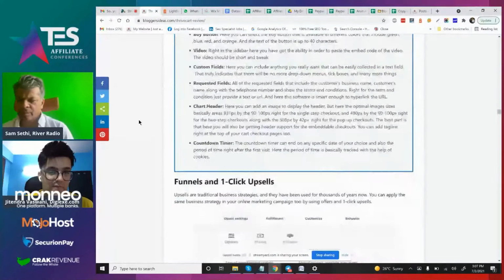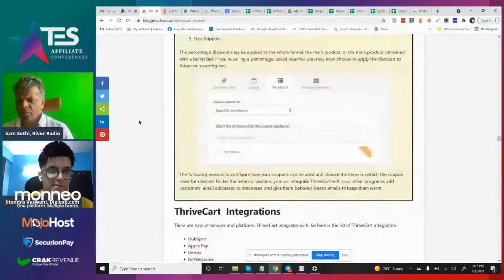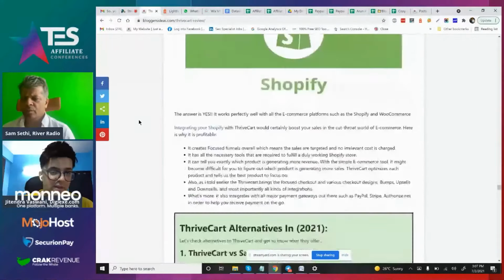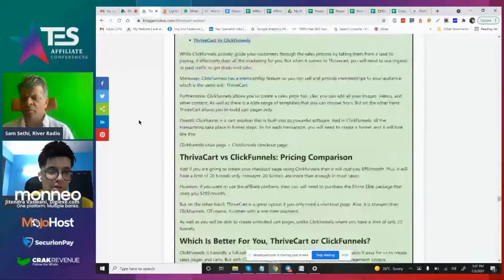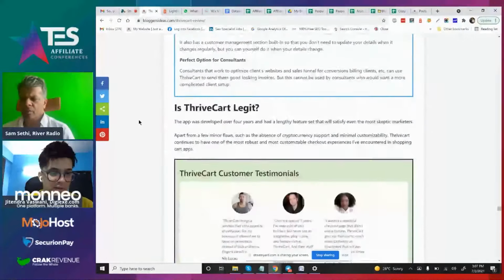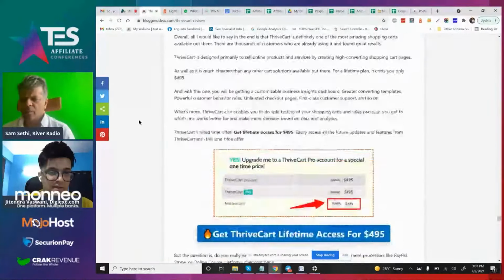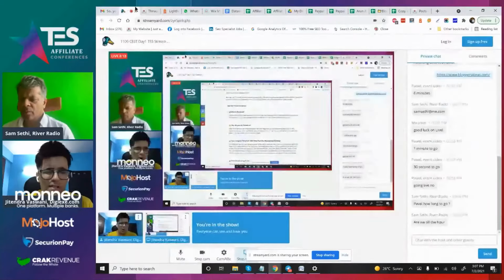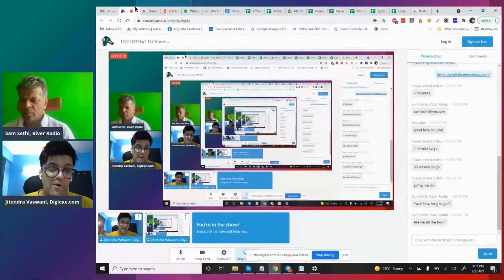So you can see I have FAQs. The article is very detailed, explaining each feature of this product. And we have FAQs for someone who really wants to know about this product. We have FAQs at the end of this content, so you can see it: what is Thrive Card, how to use Thrive Card. We are sharing all the details people have about this product.